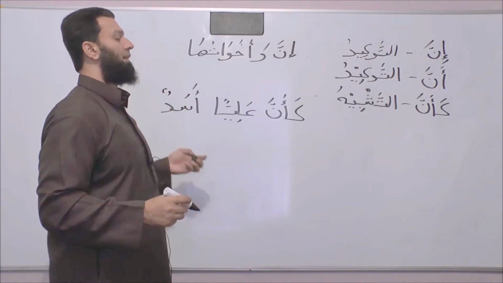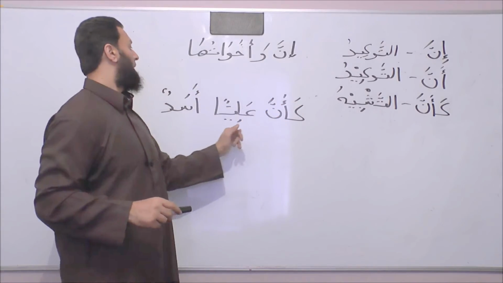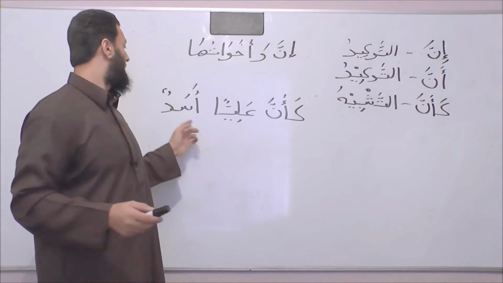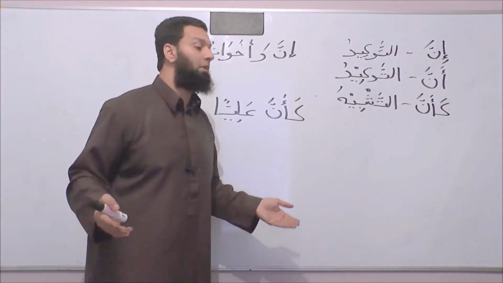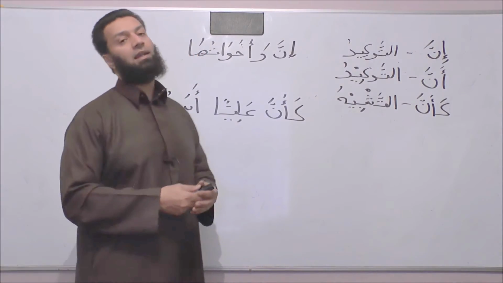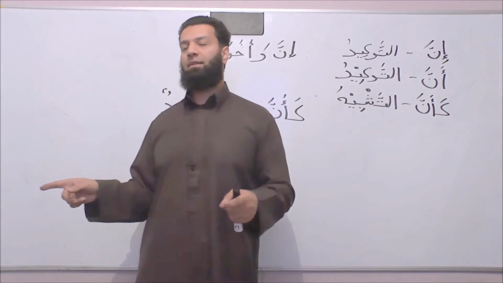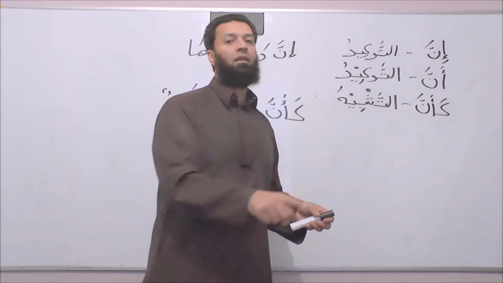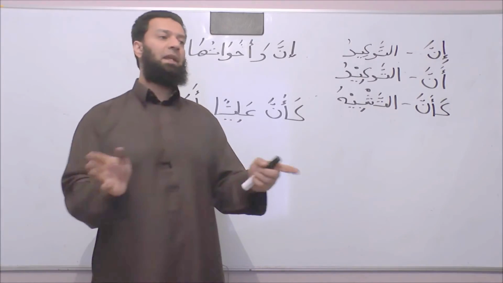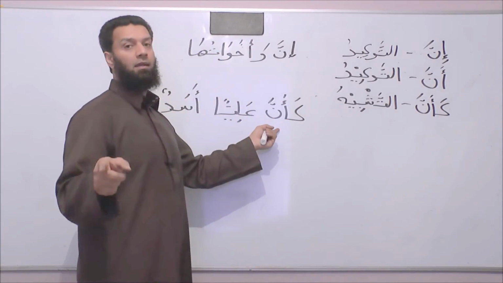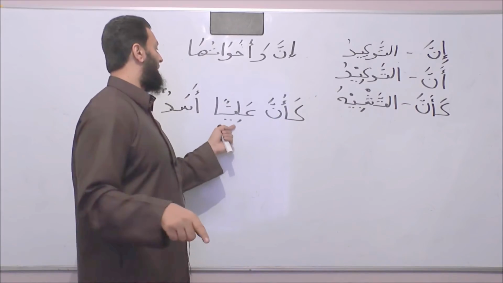Ka'anna aliyan asadun. What does that mean? Well, if we leave ka'anna for the moment, aliyan is the name Ali, asadun is a lion. So if we didn't have ka'anna and that was a normal al-jumlatul ismiya, then it would mean Ali is a lion. Now, of course, that wouldn't make sense saying that Ali is a lion, unless of course there was a lion called Ali. But if you're talking about a human being, you wouldn't say that a human being is a lion. But if you enter ka'anna on it, then the meaning makes complete sense, because you're now saying Ali resembles